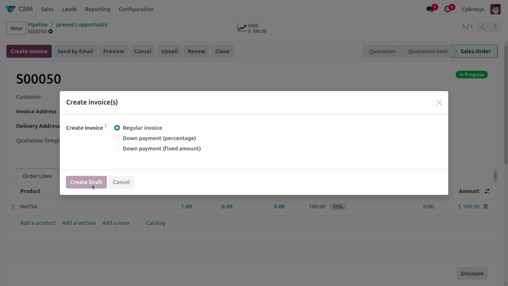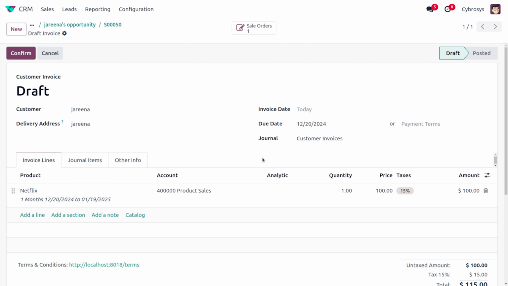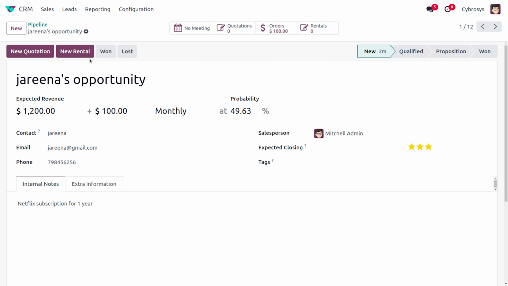We can create a regular invoice for this. Before that, we can say that this is an opportunity or lead which is in one state, like we can say that this is qualified or it's under a proposition and all. As you create the quotation, you can see the probability is now changed, and the chances for winning this as a lead is higher, and the probability is set over here as 96.83. So if it's one, we can just move on to a one stage.